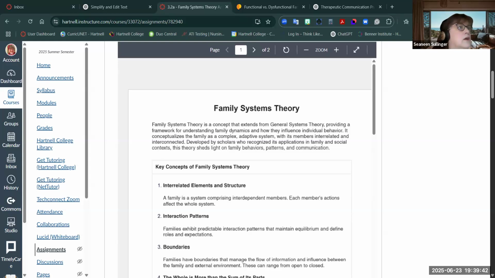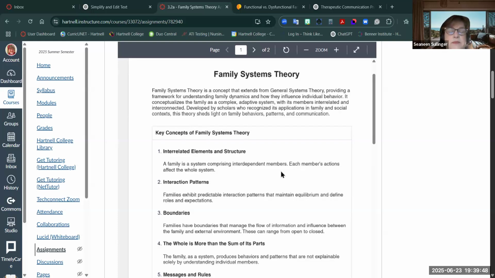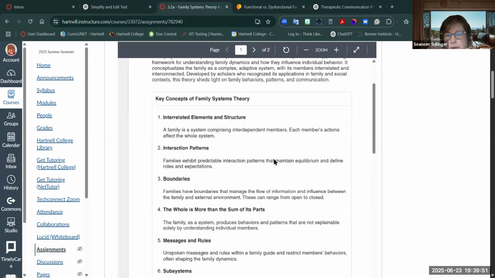Okay. So let's look at the components, the concepts of family systems theory. You don't have to use all of them, maybe 1 or 2 or 3 would be good, but interactions, right? Do we know how the Simpsons interact? Predictable interaction patterns that maintain the status quo, the equilibrium, and so people know their roles and expectations, right? So Marge, the mom, she's always mom, right? Her role doesn't necessarily change, or the kids, right? Bart and Homer have a certain relationship. There's Maggie, everybody has a role, but they all interact a certain way.